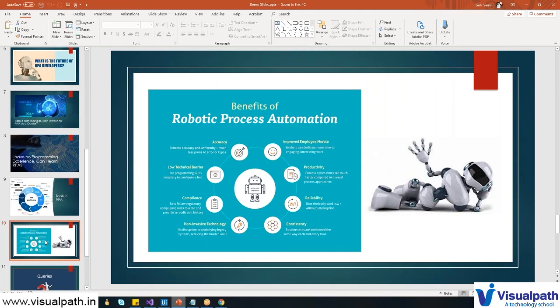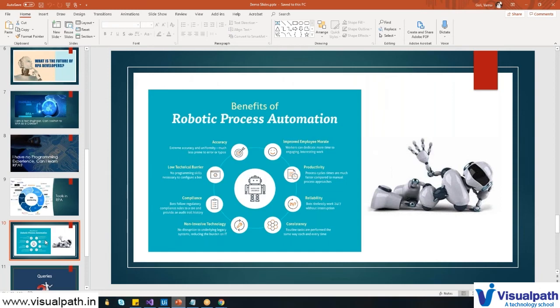Time is also definitely reduced, because when a human does it, it takes more time compared to a robot doing the task. So time is saved. Cost is also saved. As I said, the industry is currently moving to reduce the cost of employees, so they will definitely go for cost-reducing things.